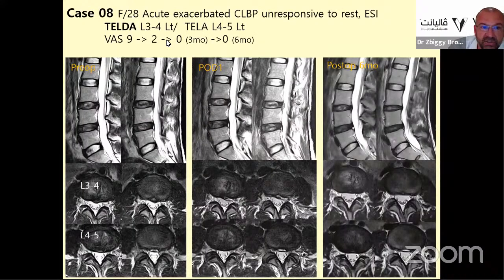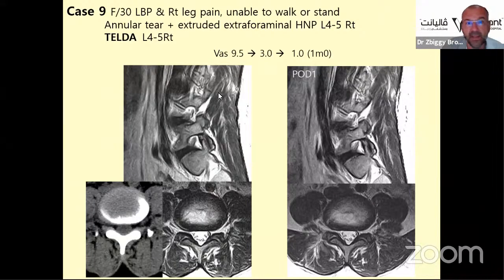This is the patient where we performed discectomy and annuloplasty at the level L3-4 on the left side. As you can see here, preoperatively, and this is 6 months after the surgery. And again, the VAS was 0, 6 months after. The patient was very happy and completely recovered after this minimally invasive surgery. Another patient with back pain, right-sided leg pain, VAS almost 10. After 1 month, only 1 with the discectomy and annuloplasty, L4-5 on the right side, and this is 1 month after